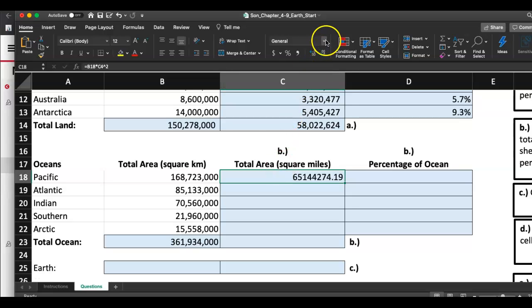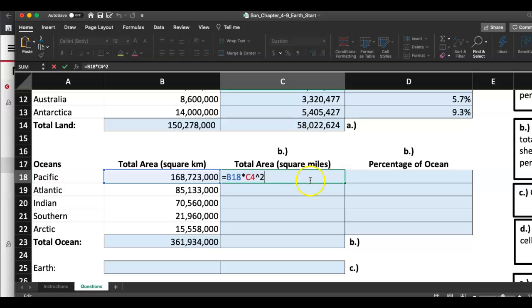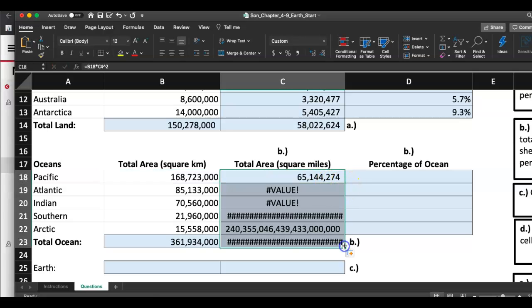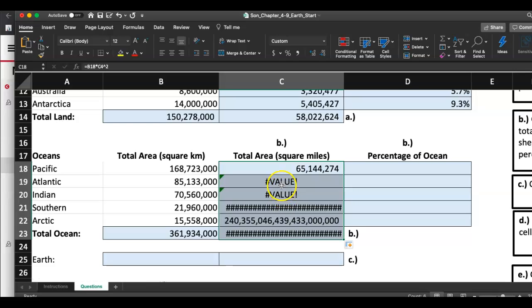They wanted you to do number with commas and 0 decimal places. So 65,144,274 is what I got. But as I fill this down, you see, if I do that, it's not going to be happy. It's going to give me a whole bunch of errors. What it's doing is,